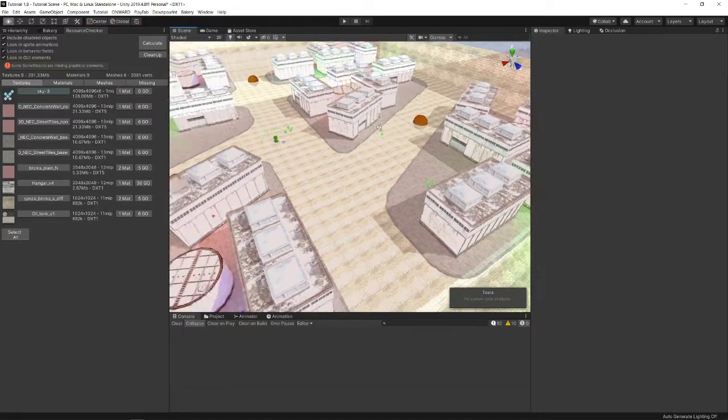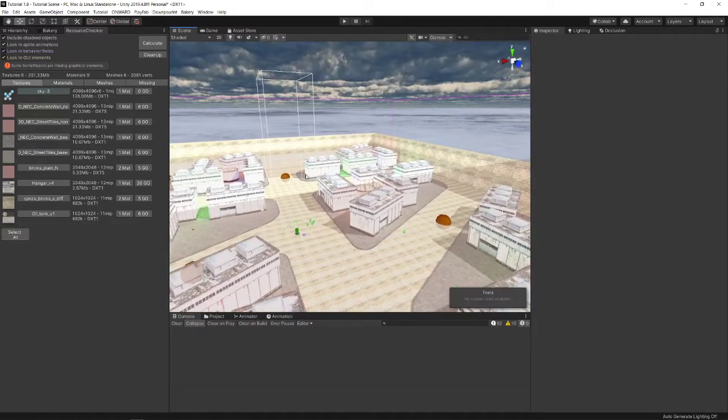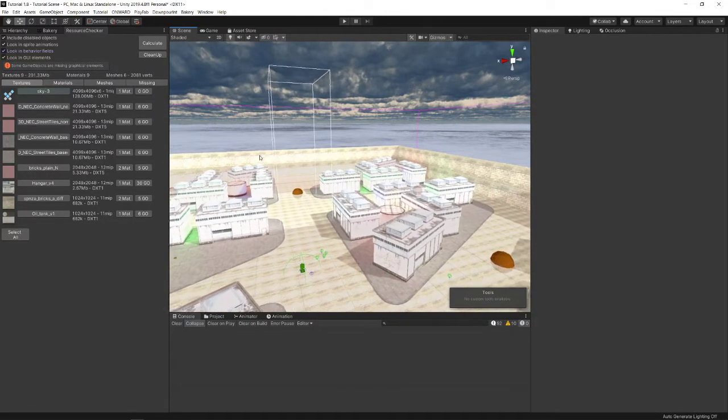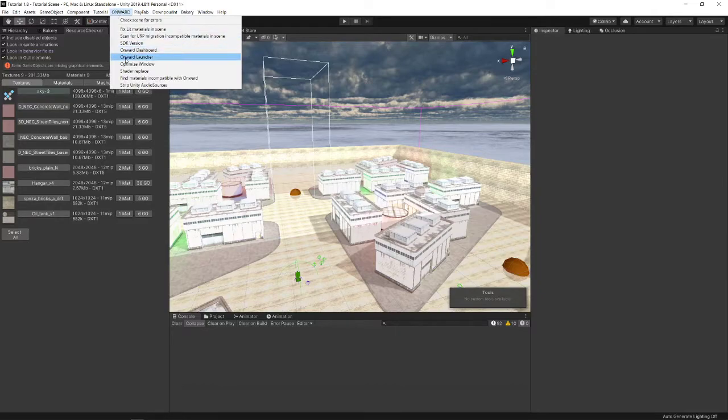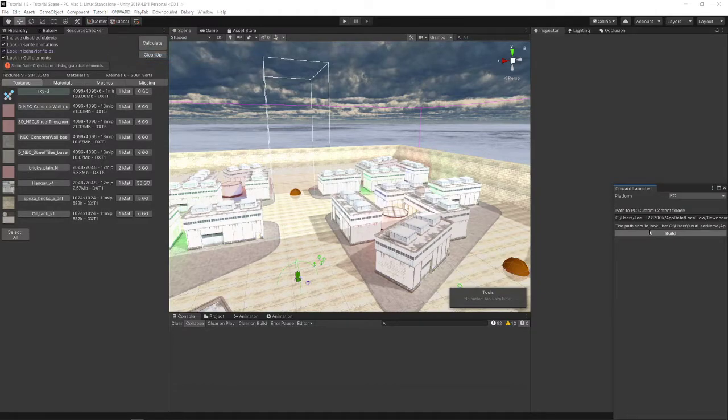I mean, this could be a quest map in and of itself. It's just, you know, I didn't put much thought into it. I made it in an hour video in front of you. So, but that's how you make an Onward map at this point. Save, go to Onward Launcher, click Build. If you click Build, it will just basically start processing this whole thing, and it'll probably take a little bit forever. If you want to update,